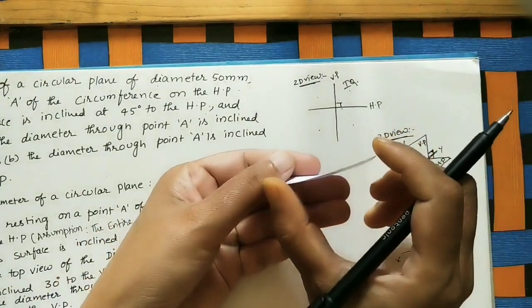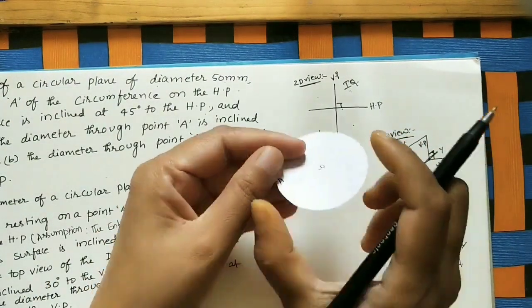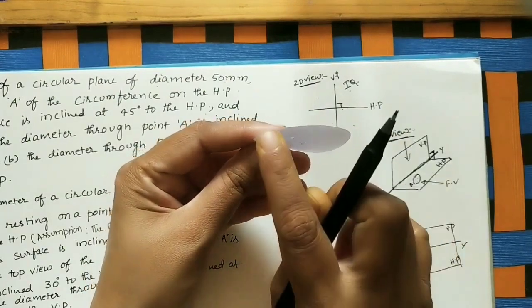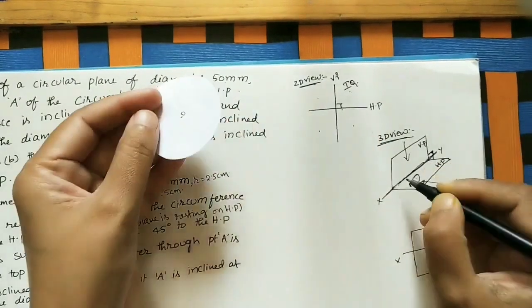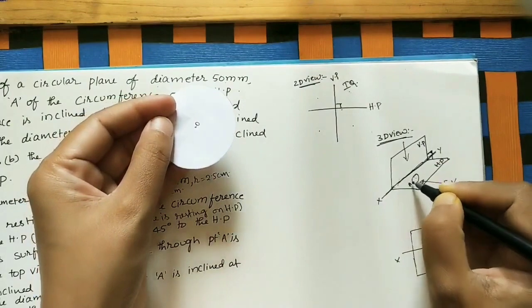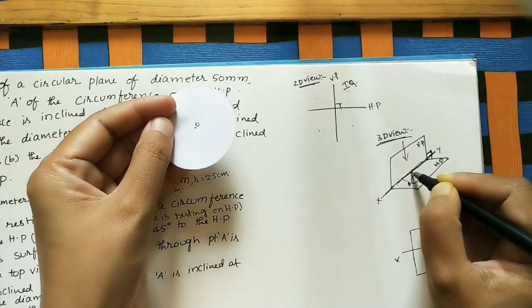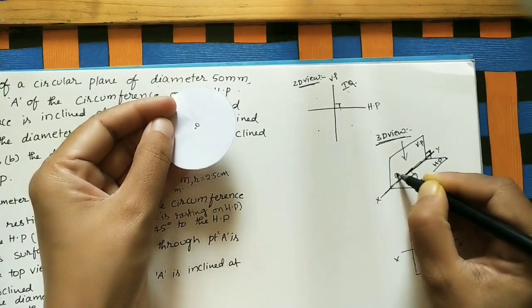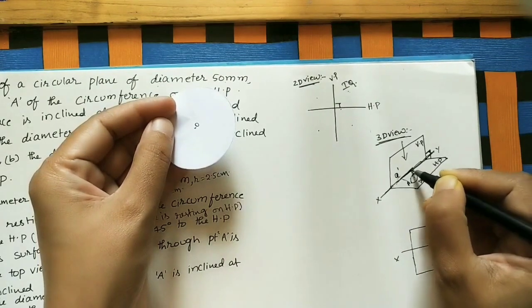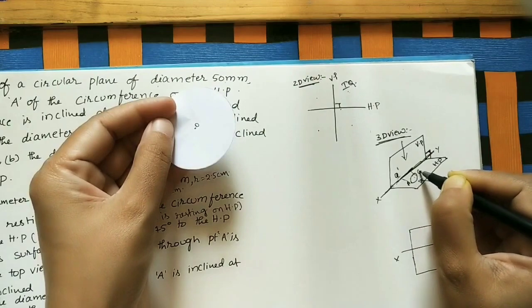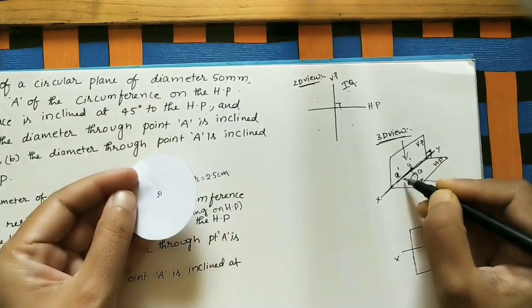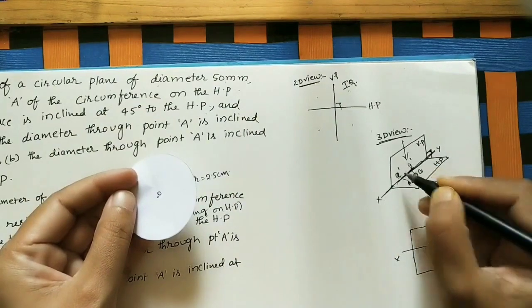Can you guess how much the length of this line is? It is the diameter of this circle, correct? Whatever diameter is there, we can see that looking like a line. So on XY, we can see the line here. Just draw the projector lines like this. Let us take this as point A. For front views, we mark A dash. Let us take this as some point G. Here we mark G dash. A dash G dash is coming on the XY line. It is the front view.